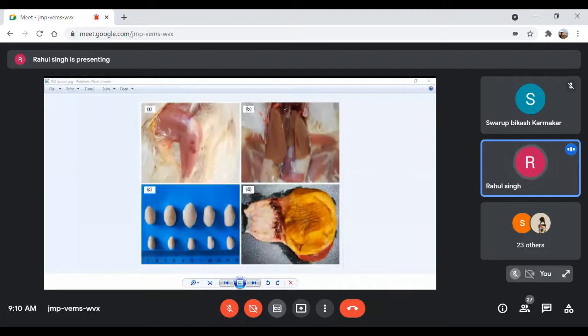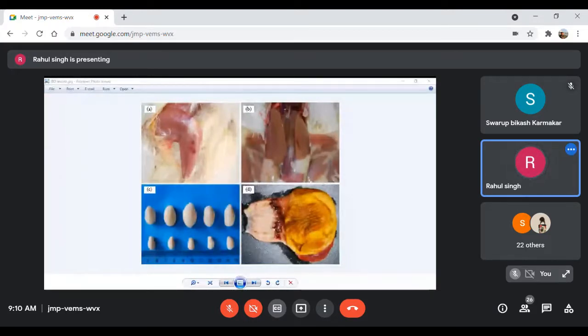Then this is a comparison between the size of the bursa with the normal bursa. These are all normal bursae, and these are IBD affected bursae which have enlarged in size. They have taken out the bursa from the chicken's body. Can you see the enlargement? It is multiple times enlarged, day by day. These are the bursae of the control birds, and these are the bursae of the IBD affected birds. You can see that there is multiple times enlargement.